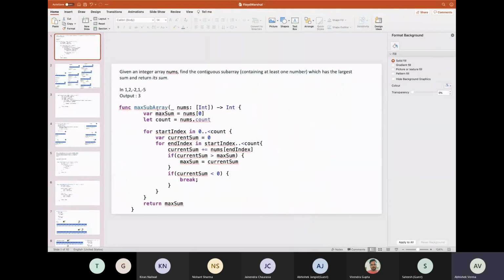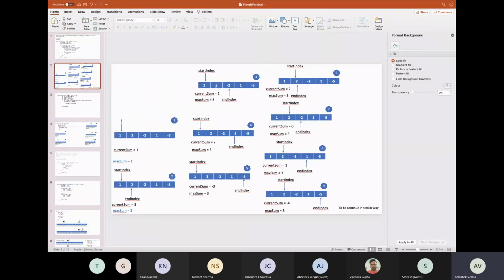That I had already considered, because in this logic I am starting from that particular index itself. From the start index here, and the end index is here also, like here is my end index at the very first phase. In the next phase, my start index will be here and end index will be here. So for that particular starting position, even if this is a negative number, it will be mine.